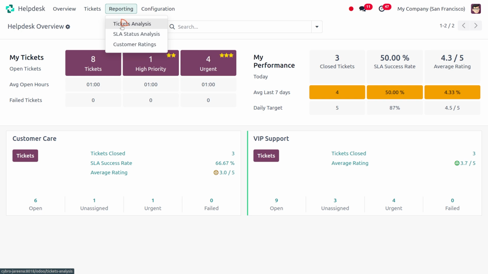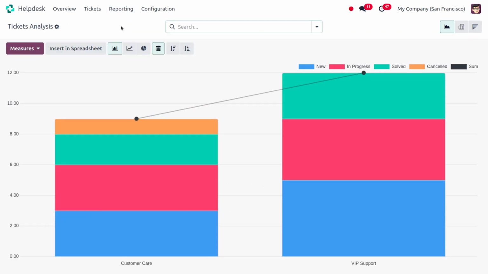So let's move on to the ticket analysis. Odoo offers various default analyses, and you can also create custom ones, like the ticket analysis. This provides a general overview of ticket volume, status, and assignments. And in the customer satisfaction, if you use a customer satisfaction survey, this report lets you get the analysis of feedback. And here you can find the count of the team customer care that is cancelled, and this also shows the analysis of the VIP support.